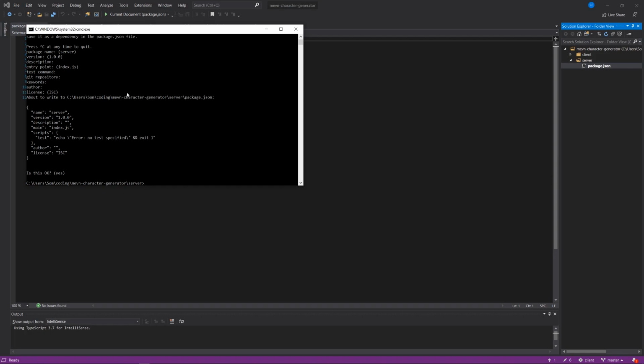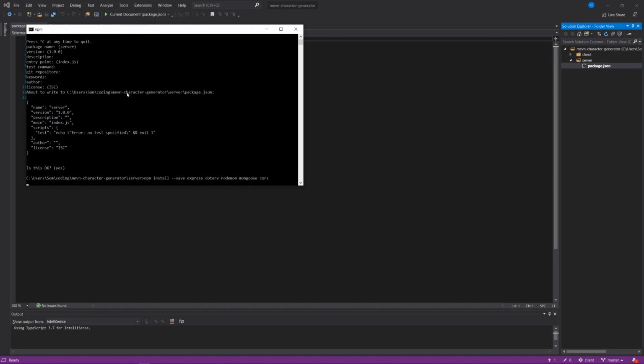And what's great about the Vue CLI is that it just packages a bunch of dependencies that we need, and we don't have to do that. This part is going to be a bit more piecemeal as we have to do it ourselves, but it won't be too bad. We'll say npm install --save express, dotenv, nodemon, mongoose, cors. We're saving a bunch of stuff as dependencies,